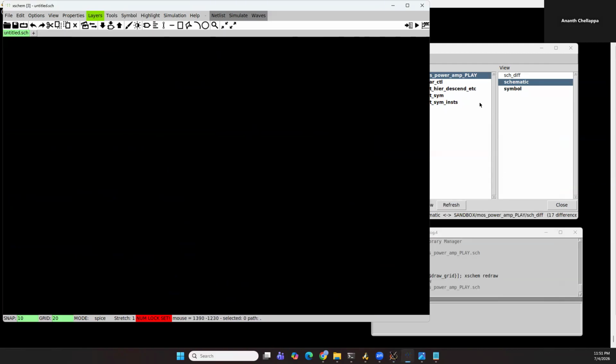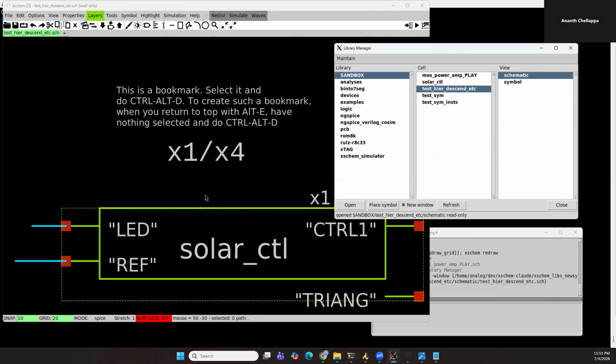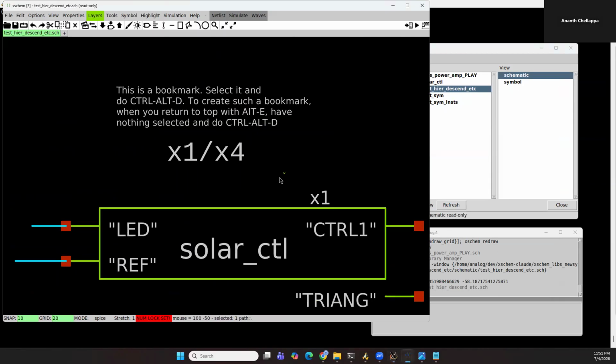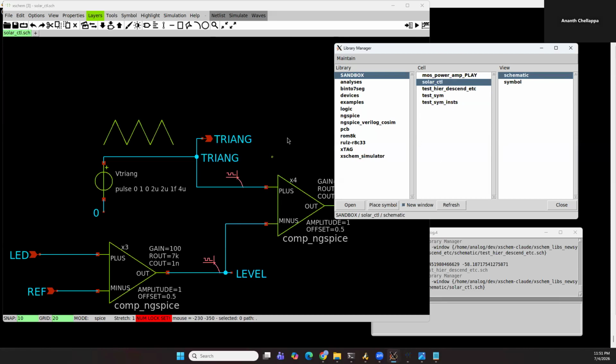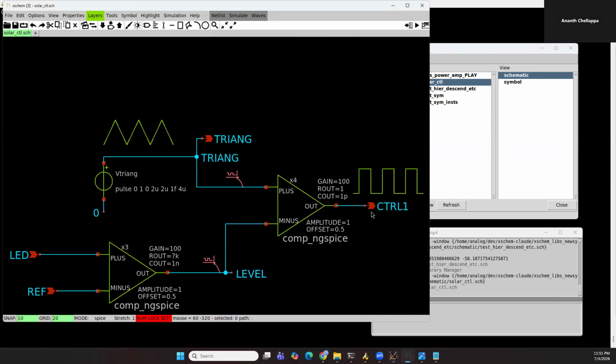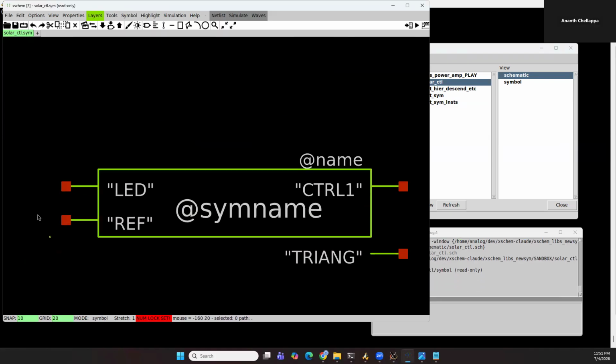And what's the other one? Okay, multi-window highlighting support. So let's take this. This is one of our friends. Oh, actually, before that, let me show you the symbol editor. So let's take this, this is the symbol. And the view type toggle. So this is the schematic view. I can go to the symbol view, and now it's added support for